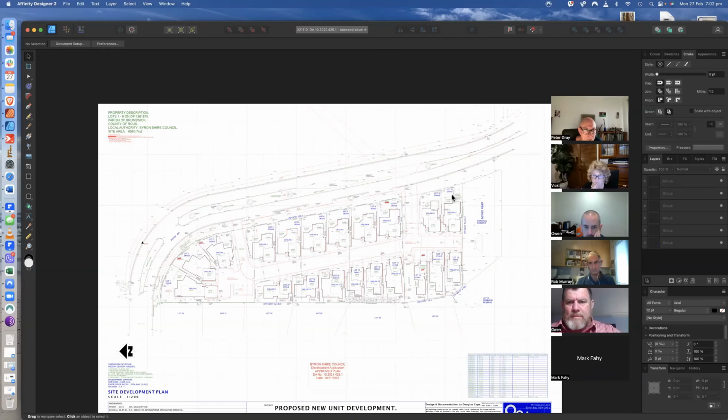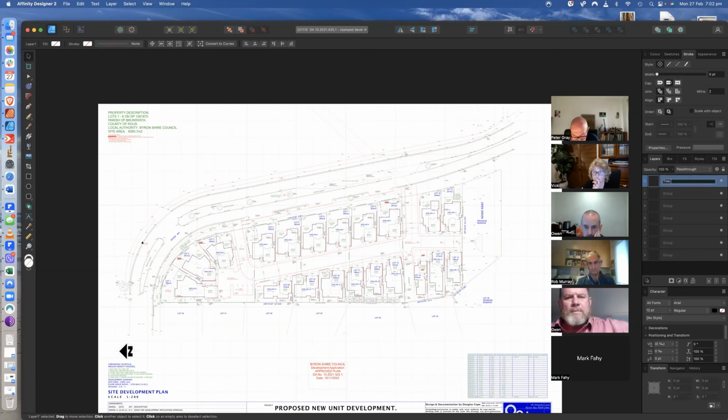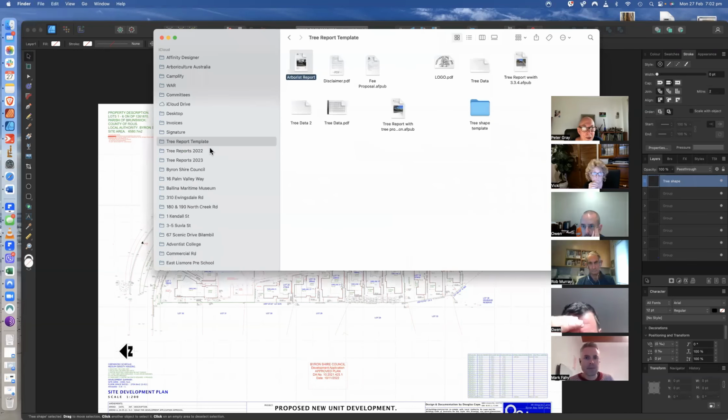Sometimes they scatter them all over the place, but you can get at those layers and manipulate them. So if I want to put some trees in here, I want to add it as a layer. And I will give it a name so that I can find it again. I'm going to go and open